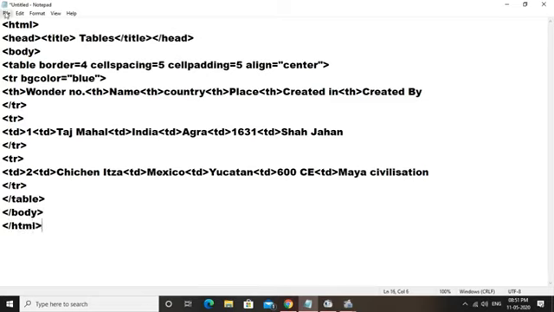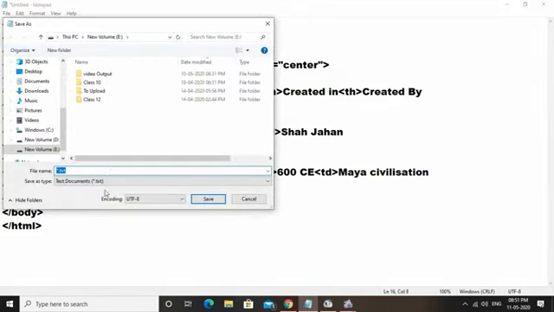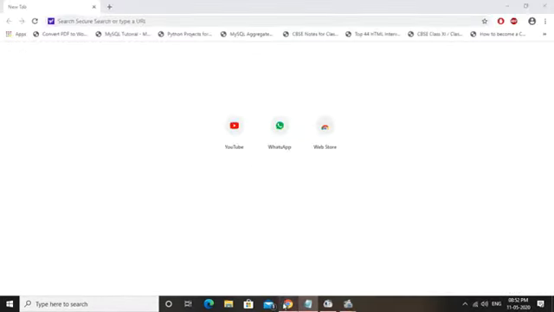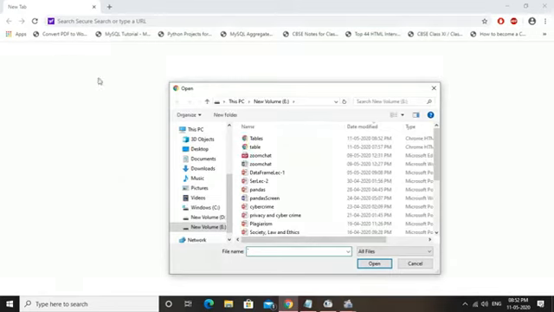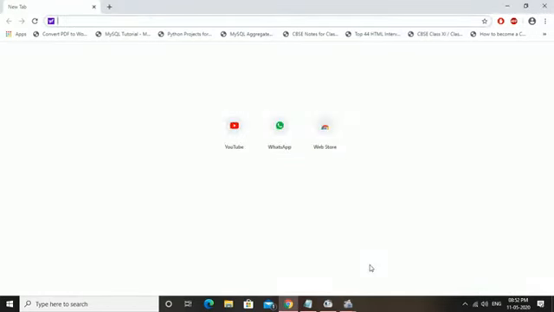Now we can save this file. Let's say tables.html and save. Now open this file, Control O to open a file. This is tables, and then open.